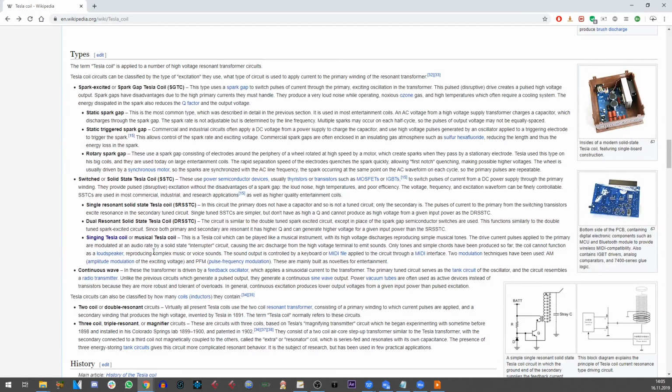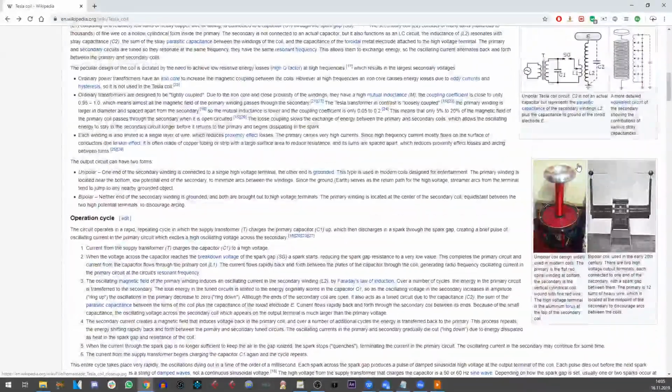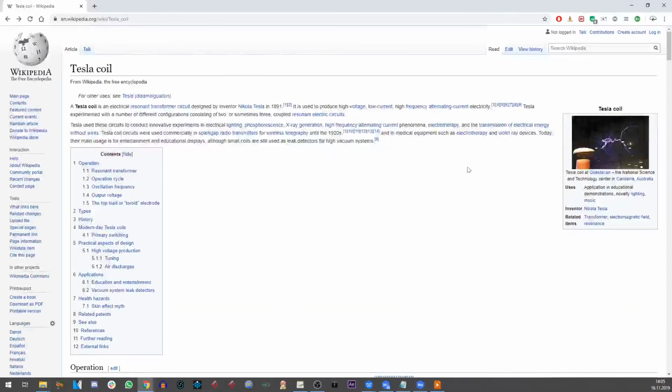So, Electroboom. I thought it needed a loudspeaker, but maybe I was wrong.